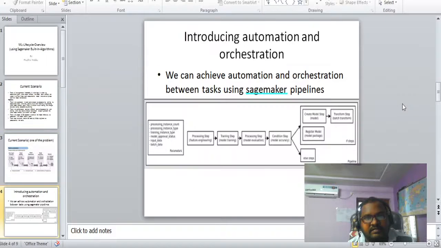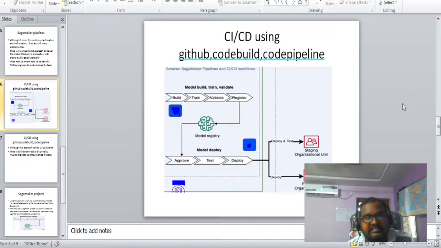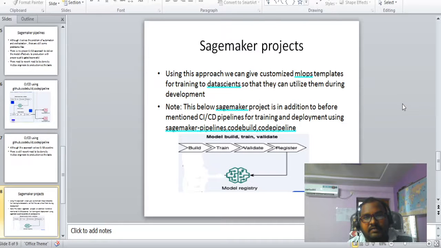In the next scenario, the development is SageMaker pipelines, where orchestration and automation come in. Then the development includes CI/CD pipelines using CodeCommit, CodeBuild, and CodePipeline, and then SageMaker projects for the development phase.